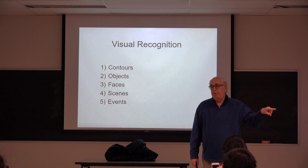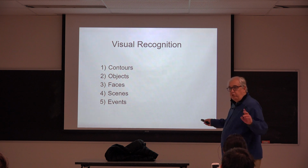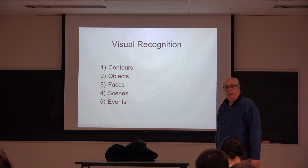Over the next three lectures, we're going to talk about recognition of contours. We've talked a little bit about contours in earlier sections of the course. We're going to talk about object recognition. These two we'll do today. Next time we'll talk about face recognition and scene recognition. And then finally,